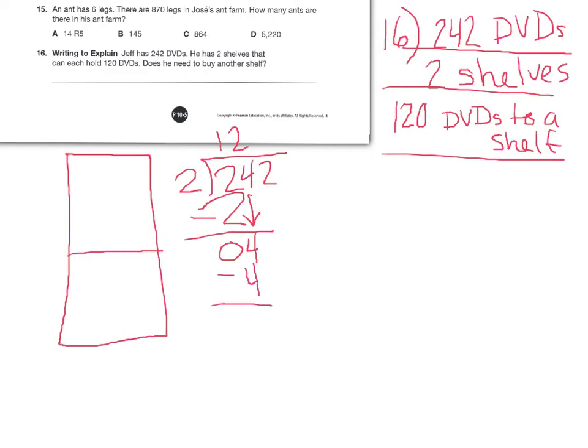Subtract, and 2 times 2 is exactly 4. Subtract 4 from 4, that's 0. Bring down your last digit, that's a 2. This one is easy peasy. How many 2's in 2 is 1. 1 times 2 is 2, and 2 minus 2 is 0. Our answer is going to be